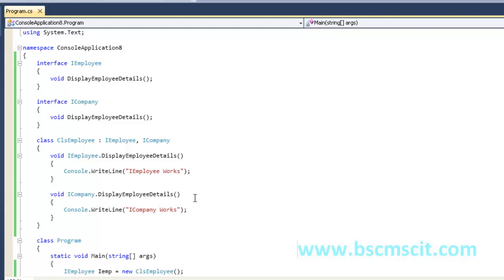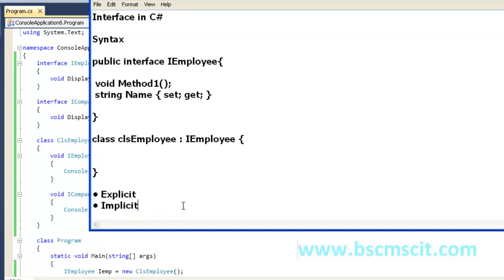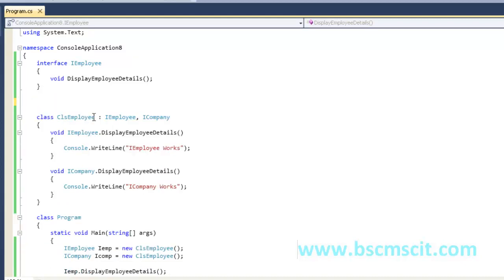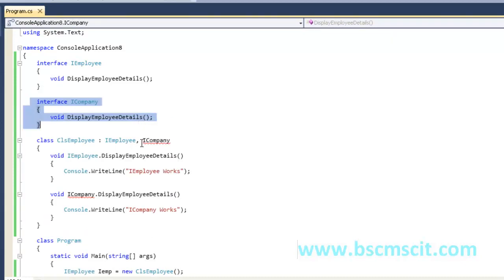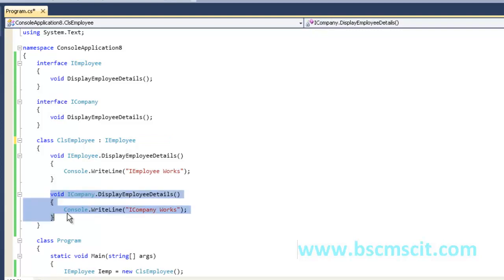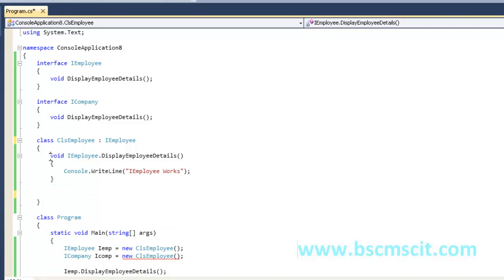So now let's go with our other way of implementing the interface, that is the implicit way. The implicit way is pretty simple. Let's say when you have only one interface, let me just remove this. When you have a single interface, ICompany, if I am implementing only the single interface, then let me just remove this.